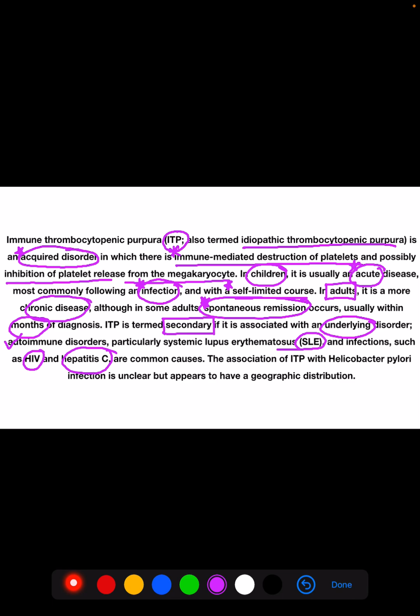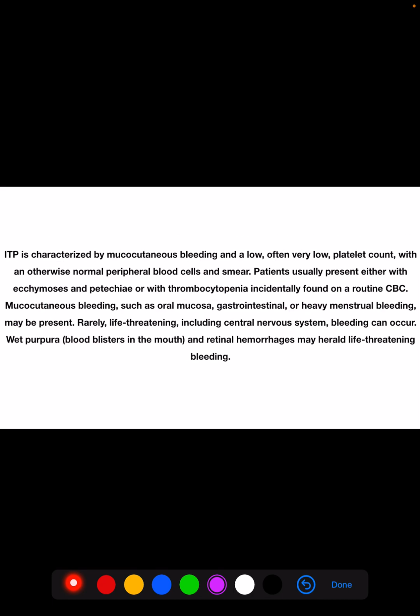And the association of ITP with Helicobacter pylori is unclear. How is ITP characterized? It is characterized by mucocutaneous bleeding, and the patient will have a low platelet count,